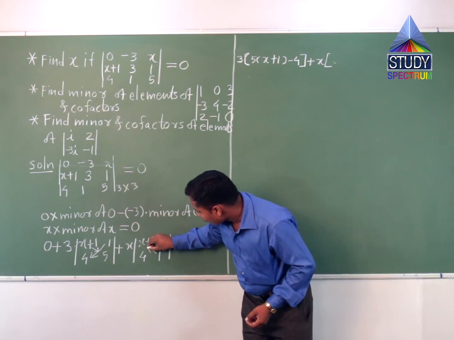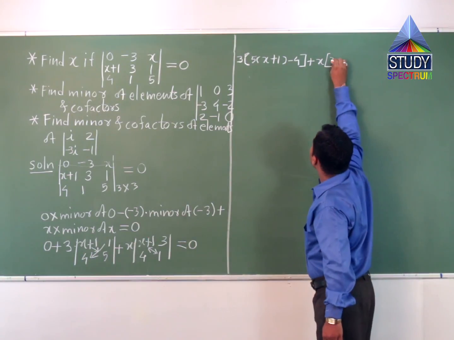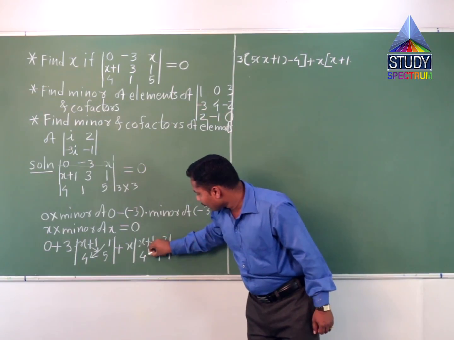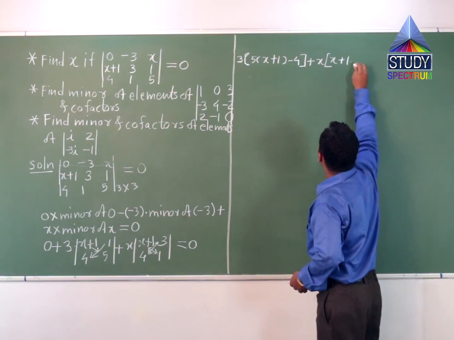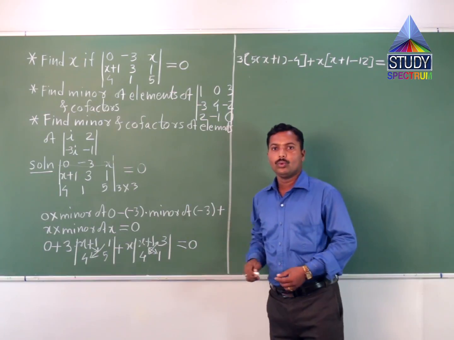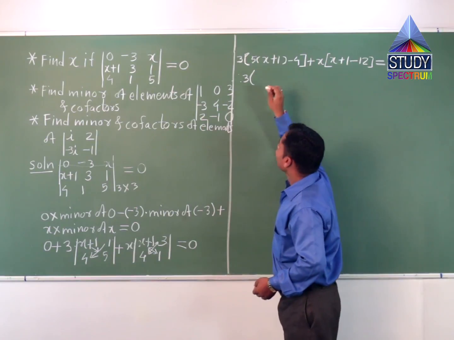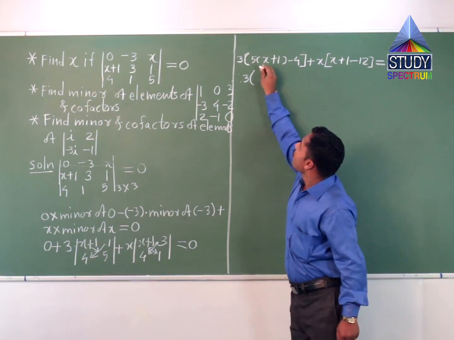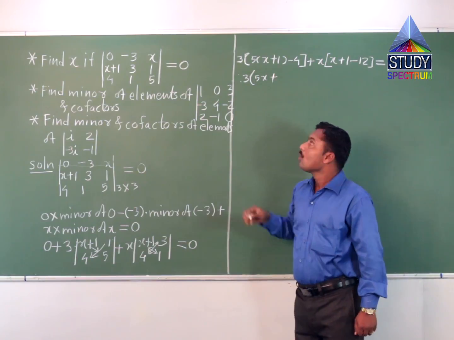This number into this number means 1 into x plus 1, again x plus 1, minus this 3 into 4, minus 3 into 4, what, minus 12, equal to 0, and therefore 3 into the bracket,